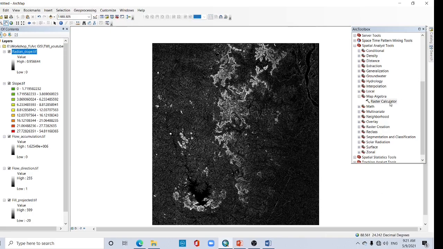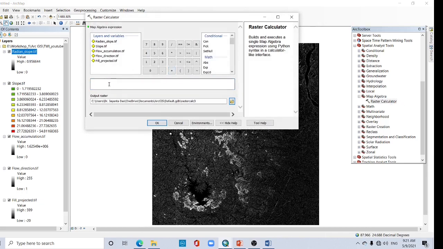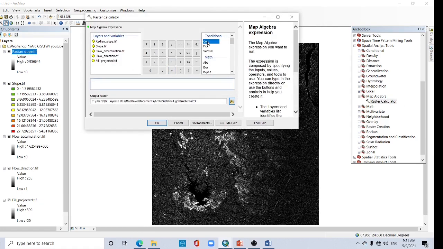Again, go to raster calculator, and here select Con and radian slope. We replace the radian slope 0 with the other small value.